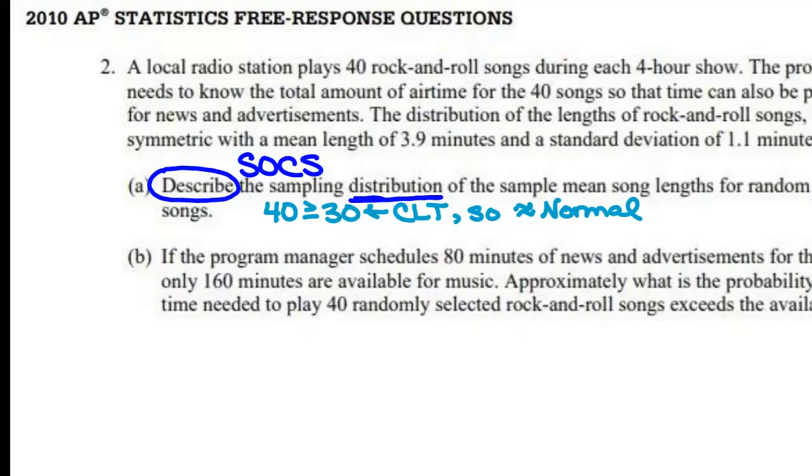Which measure of center would we use here? What are the different measures of center? Median, mean, technically mode, but we never use mode. So would we use mean or median here? Mean. It said it was approximately symmetric at the beginning, so I know we have to use the mean. The only time we use the median is when we are skewed or have strong outliers. So the mean